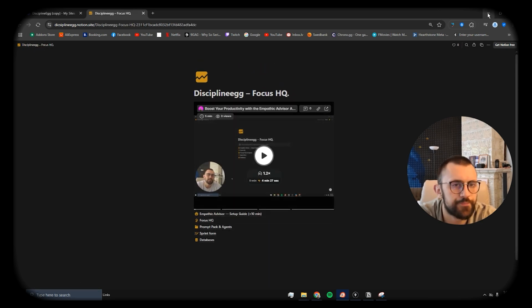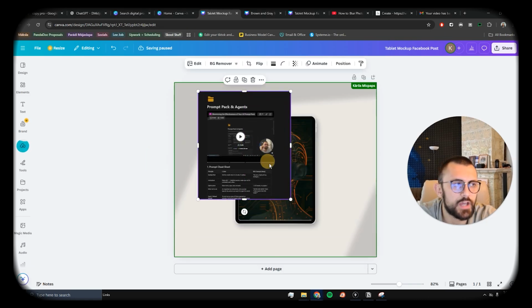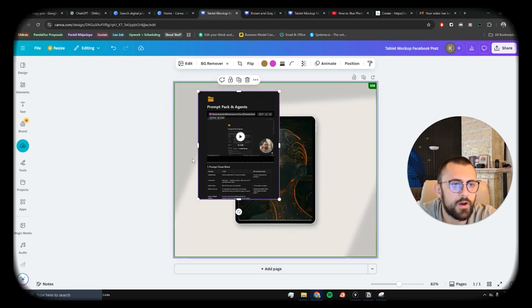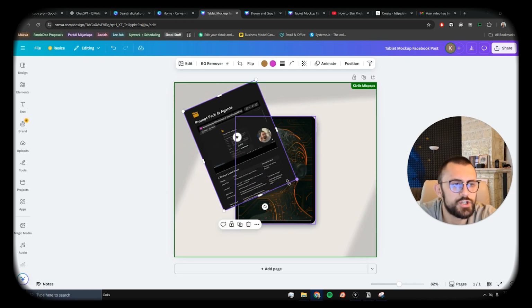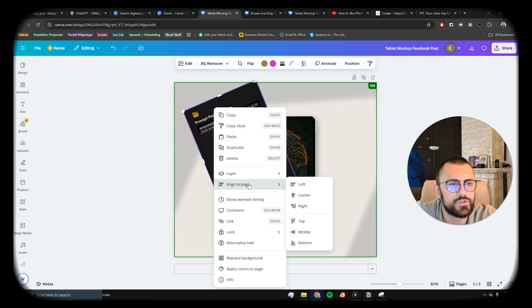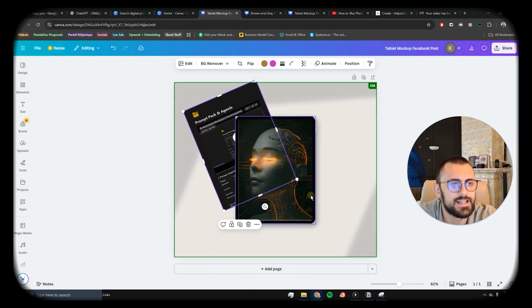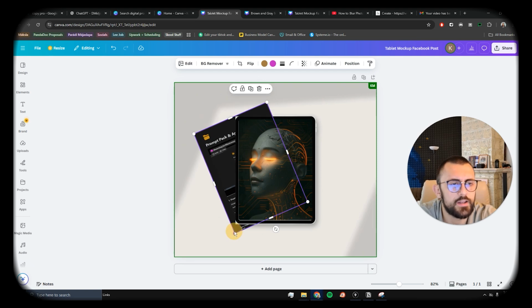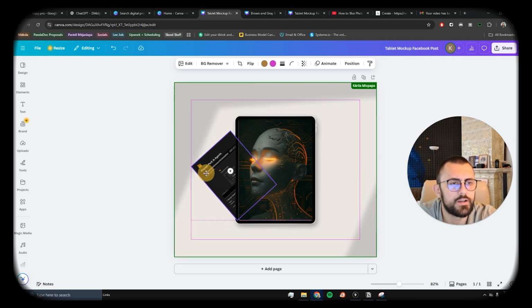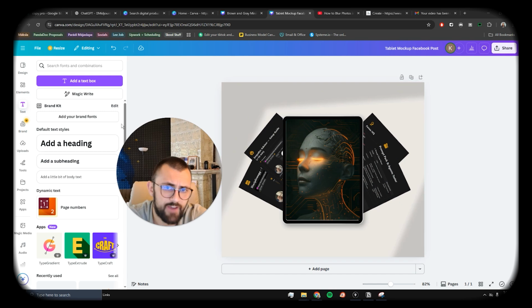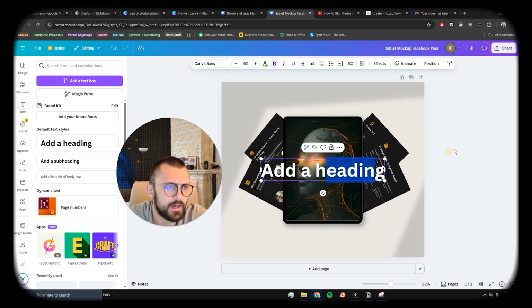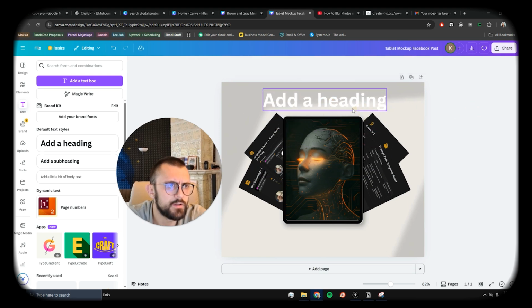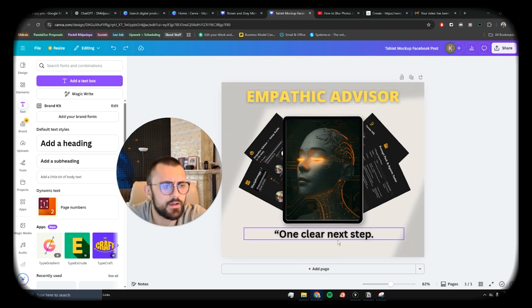and just make screenshots. And we're back here, and we're going to drag our screenshots into Canva. And then you can crop them out a bit more, maybe, and spin them. Just position them. Also, right-click and go to layer, send backwards. And now it's behind our main product cover. Now, this is kind of how it looks after adding the images, and then you simply add a heading and a cover title like this, and then also a